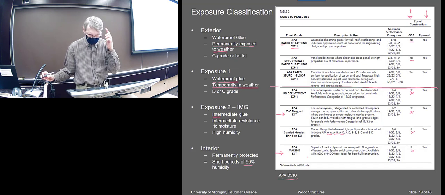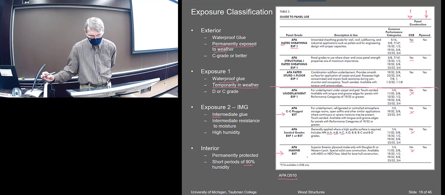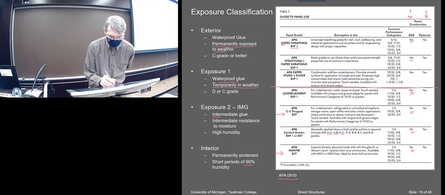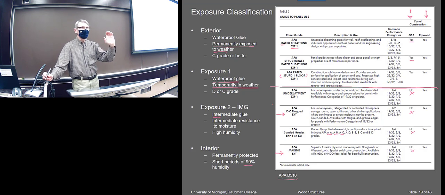I'm not quite sure. I kind of forget, but there's a combination of those two grades in them. Okay, so that gives you a little bit, and some of them you can see specifically say what they're being used for. This is that sturdy floor. That's that specific floor type that uses